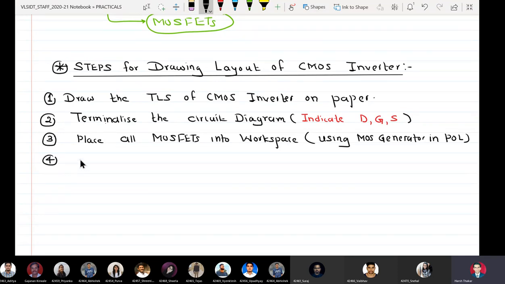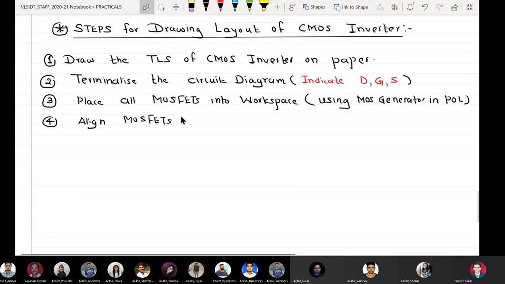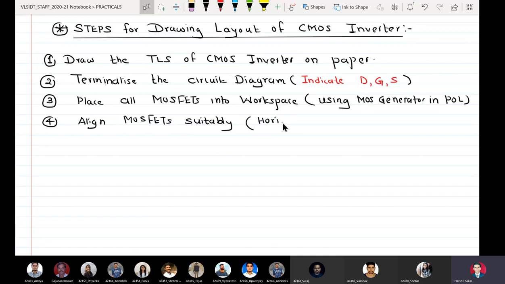The next step is align MOSFETs suitably. When I say align MOSFETs suitably, you can align them horizontally or vertically, or you may also have to rotate the MOSFETs. I will tell you how to rotate and align horizontally and vertically.